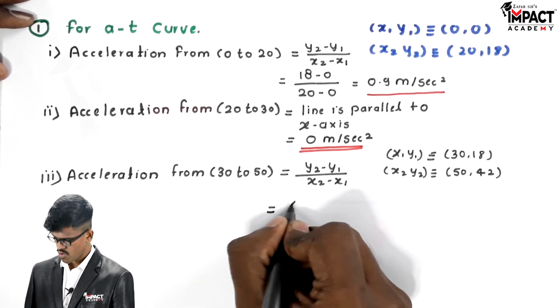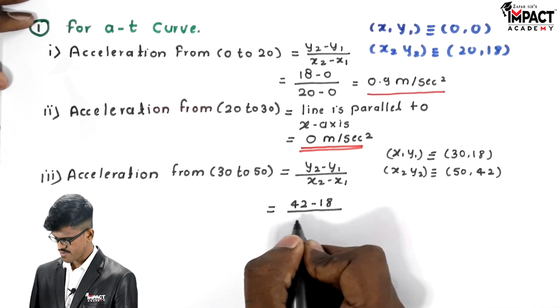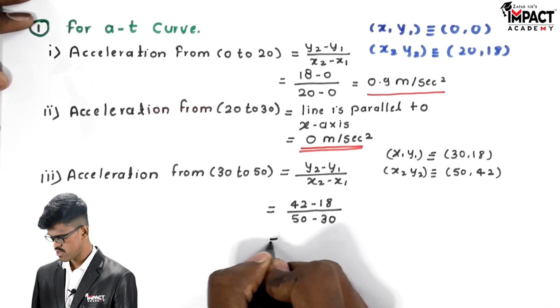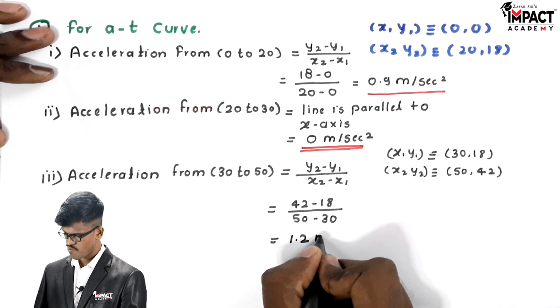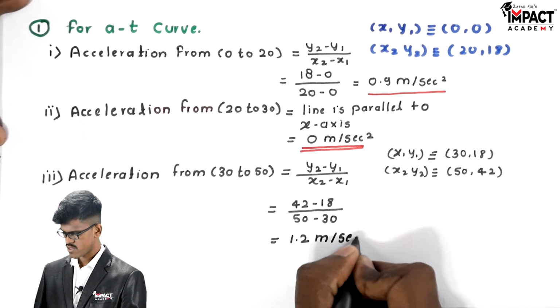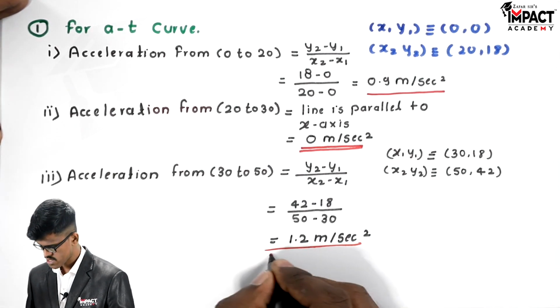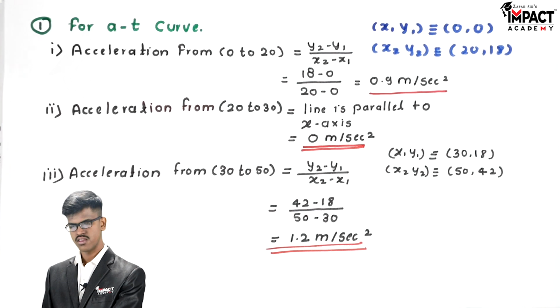So 42 minus 18 upon 50 minus 30. The answer is 1.2 meter per second square. Okay, this is our last answer. But in the question they ask